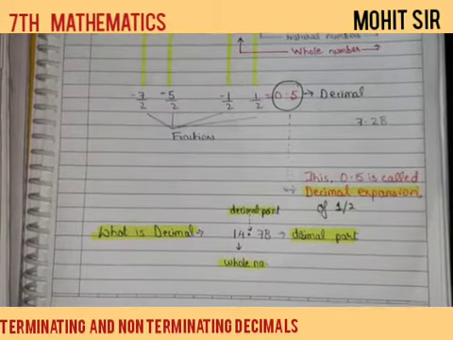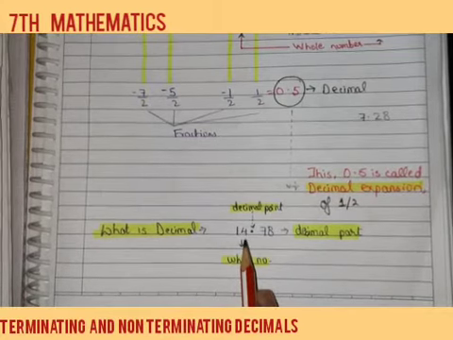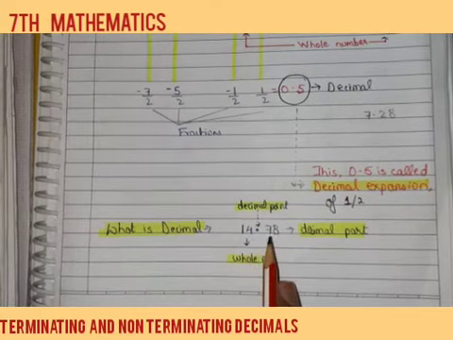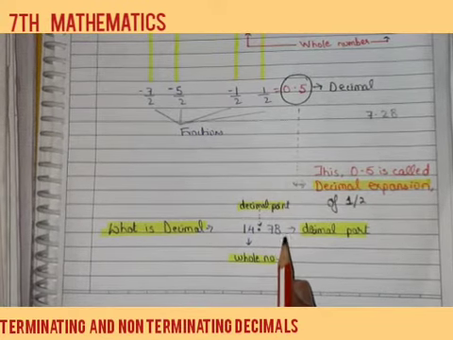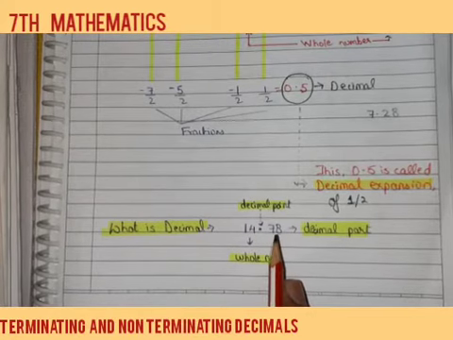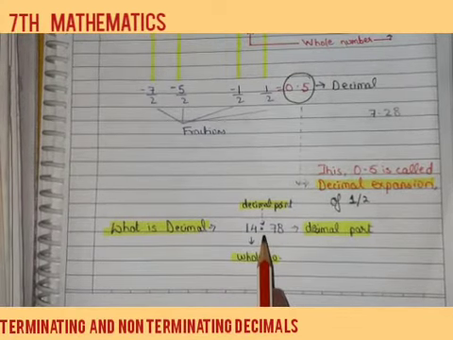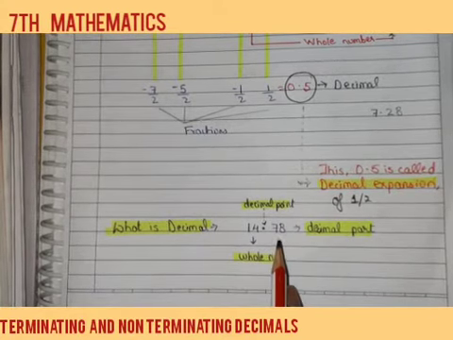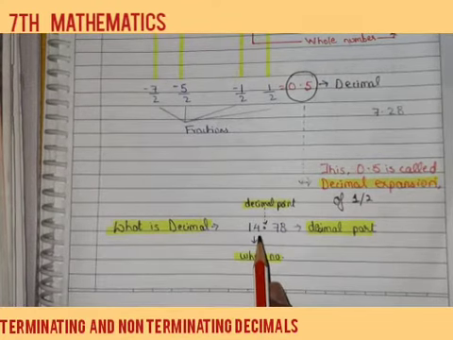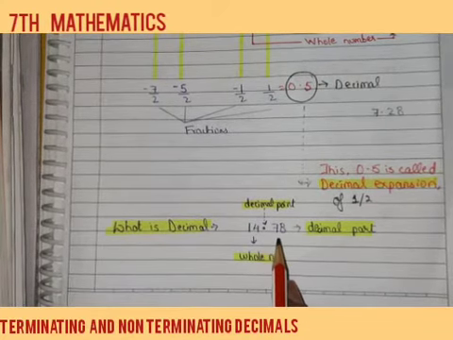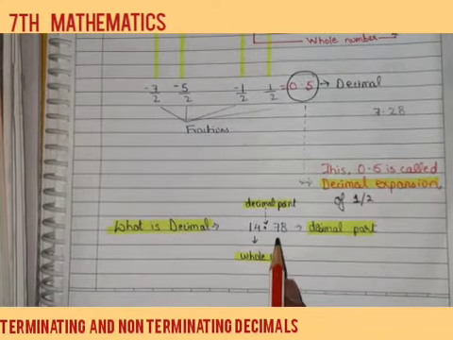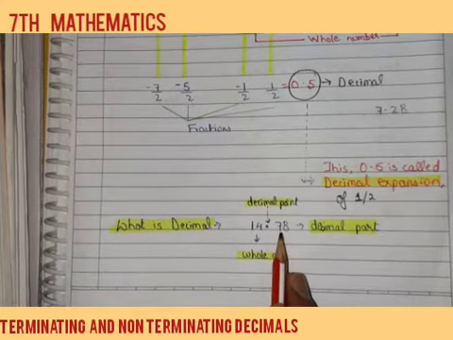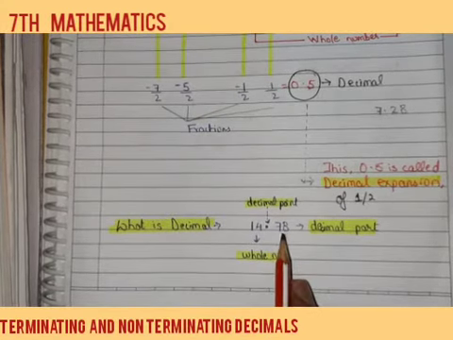A clear example can be seen here also, like if we take a number 14.78, then the number before the decimal is known as the whole number and the number after the decimal, which is known as the decimal part, is 78. Now one thing which we should always remember is, after the decimal, whatever number is written, we spell that number digit by digit. Like this is 14, we can say it 14, but after the decimal it is written 78, so we can't say 78 because each digit represents a place value, either 7, 8, 9 and so on. So we won't say 78, we will say seven eight.